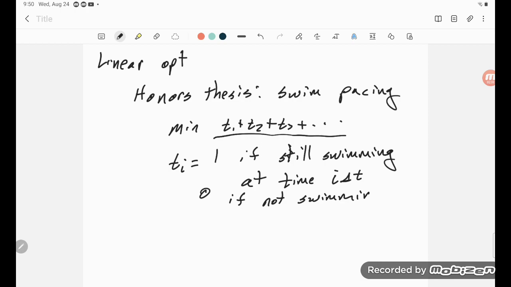Now you have to be careful with something like this because you see there's, just as I wrote it here, nothing wrong with saying, oh, that's a 1, that's a 0, and that's a 1. But see, that doesn't really make sense, because if I'm swimming at time 1 delta t and swimming at time 3 delta t, I probably should have been swimming at time 2 delta t. So you would have to put in some sort of constraints like that